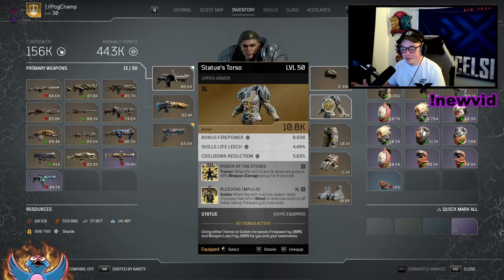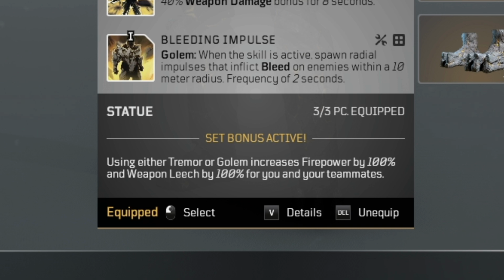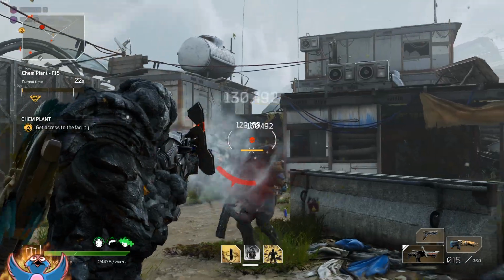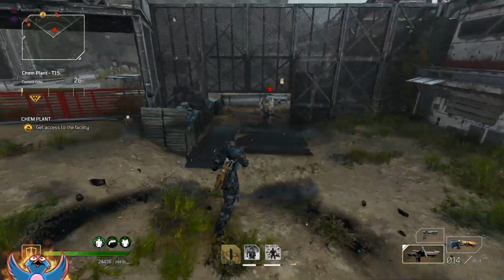Now, first off, let me talk about that set bonus for statue. Using either Tremor or Golem increases firepower by 100% and weapon leech by 100% for you and your teammates. Right now, the teammates part doesn't work, but we're at least getting that for ourselves. Now, this stacks by using both Tremor and Golem at the same time, which we do on this build. So, getting an extra 200% firepower and weapon life leech when we're using both of them at the same time is